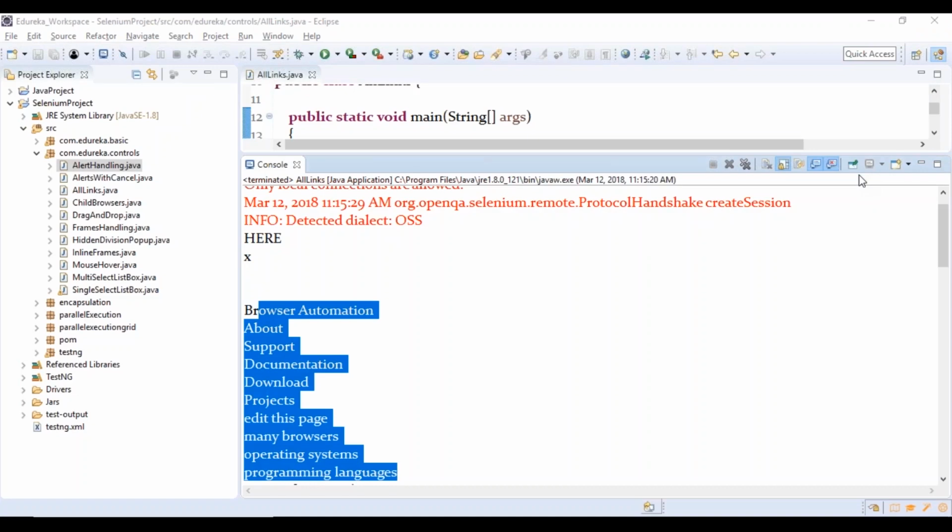Okay, so after this we would see the next operation, which is switching the windows, which we have already seen in our previous class. So handling web elements also has been seen in our previous class. How do you handle elements?